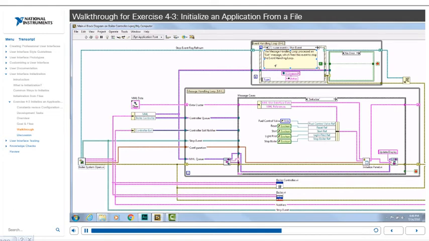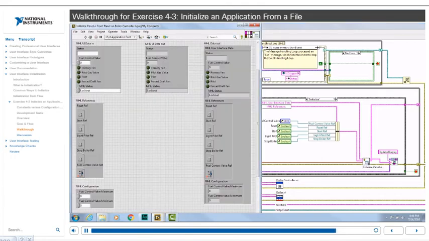So now let's take a look at the initialized case of our message handling loop. So you note that we've made some changes here. We've basically taken a lot of the initialization functionality and placed it into initializePanel.vi. The reason for this is that our diagram here was starting to get a little cluttered. So it was getting a little hard to navigate and there's a lot going on. Plus we wanted to add some additional functionality with the configuration and initialization, so it was just getting a little